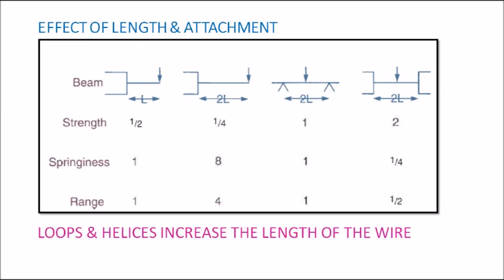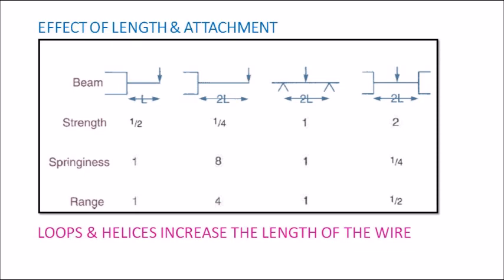Now the second thing is the way in which the beam is attached, whether it is single supported like a cantilever beam or whether it is supported at both ends, and how it affects the physical properties. Look at the third picture. There you can see a beam supported at both ends with a length of 2L. The 2L remains the same in the third as well as in the fourth picture.